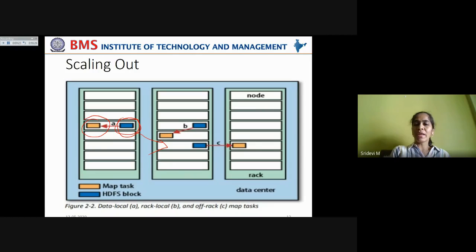If that is also engaged, then it goes for a node on a different rack where the map slot is free, and assigns that particular map job to that data node where it can run the job, right? Because you are transferring the data from one rack to another rack, some bandwidth is utilized for this inter-rack communication of the MapReduce tasks.